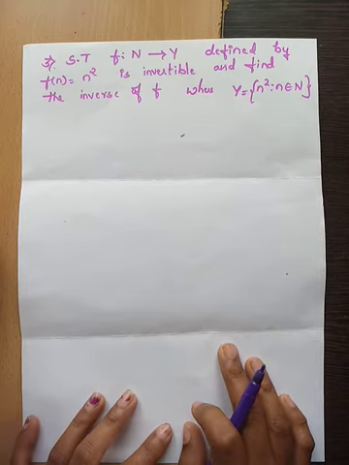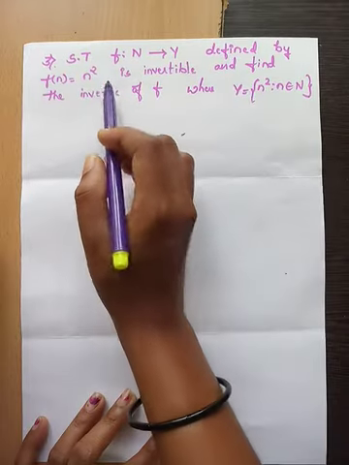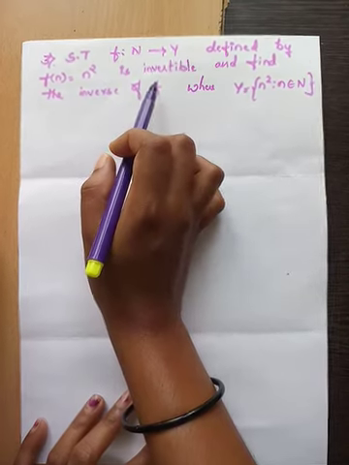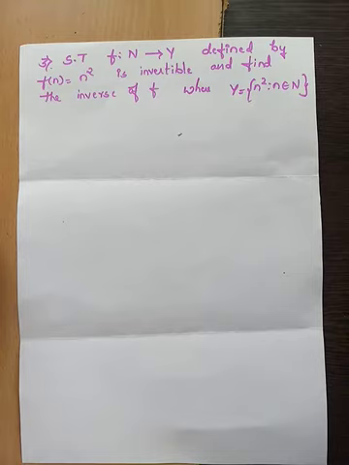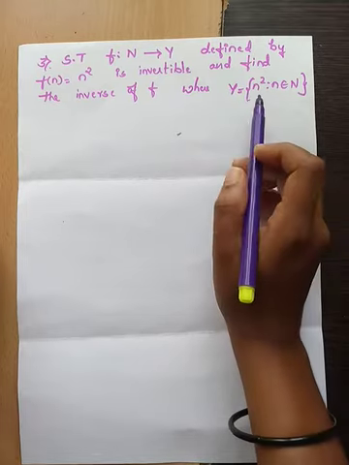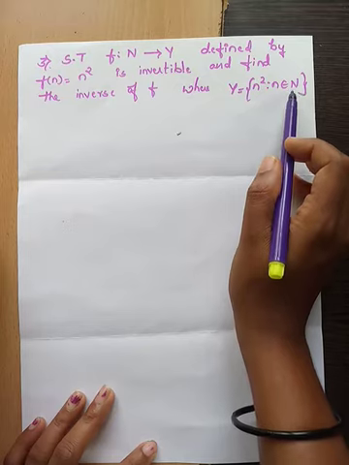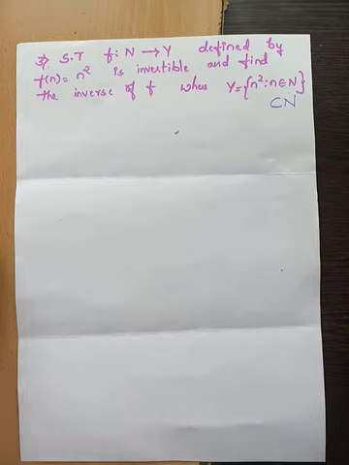Show that f from N to Y, where N is the set of natural numbers, defined by f of n is n square, instead of x here they have given it as n square, is invertible, and find the inverse of f. So, we have to show that this particular function, mapped from the set of natural numbers to Y. So, what is Y? Y contains all those elements of the form n square where n belongs to N. Which means this is a subset of our set of natural numbers. So, again the domain is natural numbers and the codomain is a subset of natural numbers.